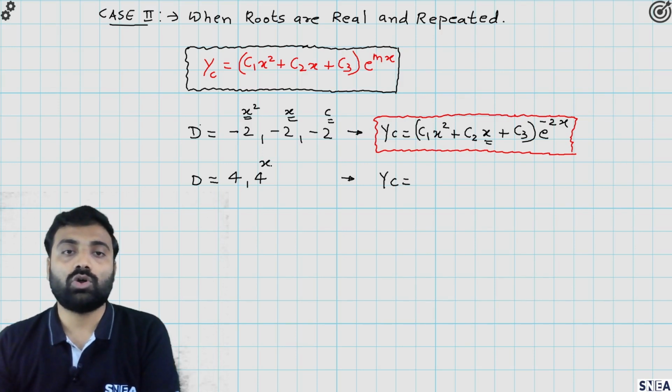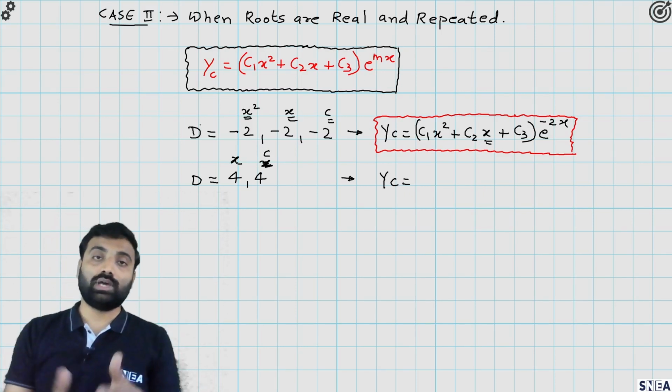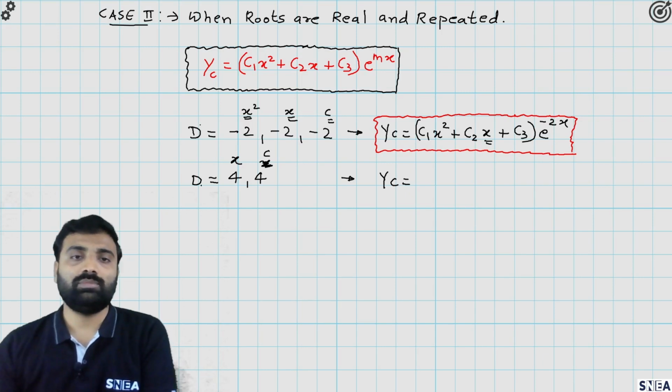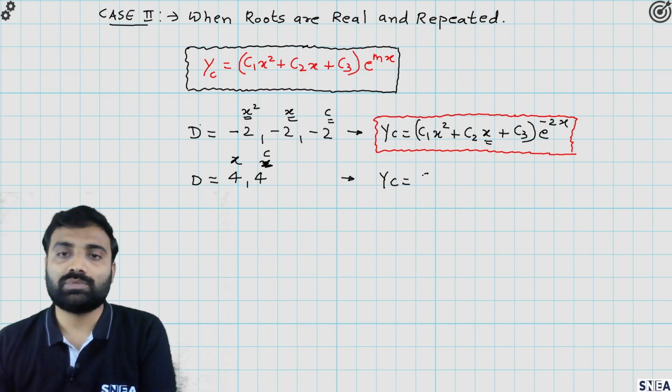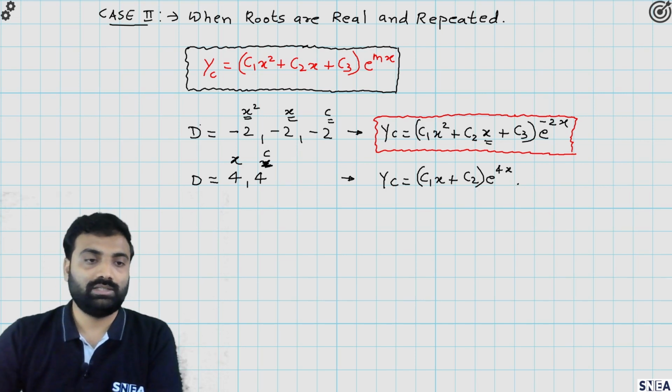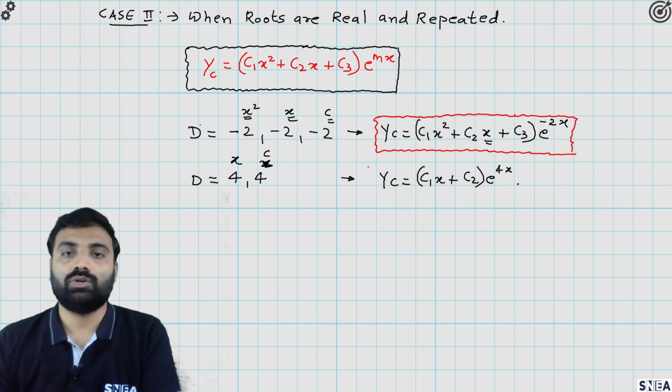सबसे पहले तो लिखो कांस्टेंट, ओके सॉरी, सबसे पहले तो लिखो आप कांस्टेंट that is c and then write down x, और रहेगा तो x स्क्वायर x क्यूब, so on and so forth you have to write here. So yc will be, देखो x दिया है तो सबसे पहले लिखो c1x प्लस c2, ओके ब्रैकेट के बाहर लिख दो e raised to what, students, e raised to 4x। Are you understanding this point? परफेक्ट। सो ये आपका आंसर आया yc का।